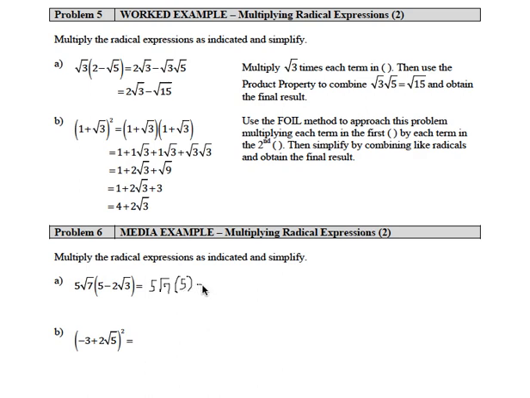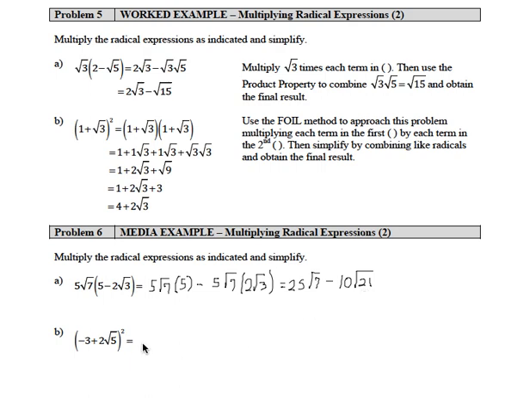So the first one is times 5, minus 5 times the square root of 7 times 2 times the square root of 3. Well, 5 times the square root of 7 times 5 is 25 times the square root of 7. So we can multiply these numbers, and then the square root of 7 stays the same. Then minus 5 times 2 is 10. Square root of 7 times the square root of 3 is the square root of 21. And this multiplication is completely simplified. I can't do any combining here because I don't have like terms.